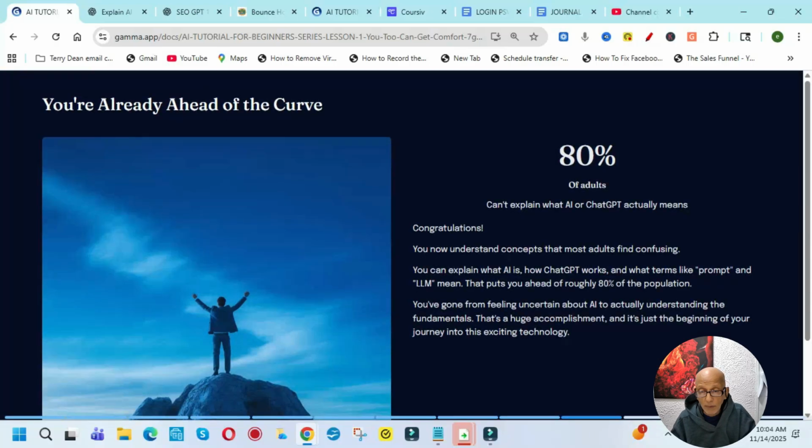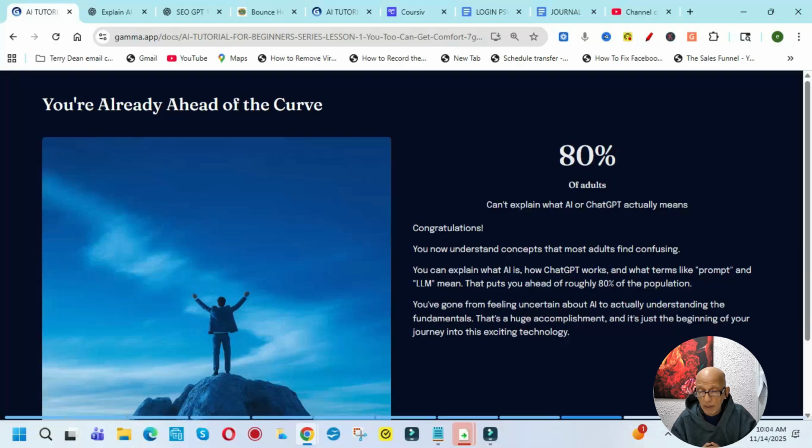Okay, so now keep in mind you're ahead of the curve of most people. 80% of adults can't explain what AI or ChatGPT actually means. Now you can. Now you know. A quick review. AI is the brain. That's where the library is.